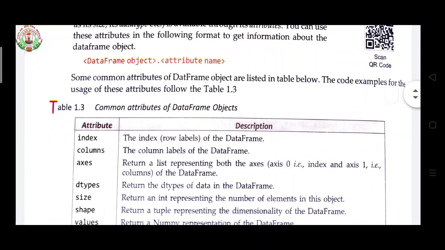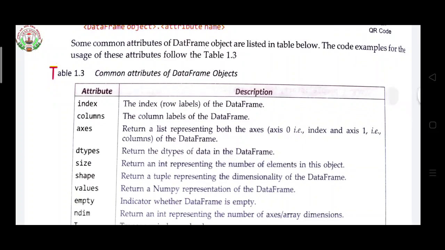Now here some attributes are given. Index is used for the row labels of the data frame, and columns for the column labels of the data frame. Axes returns a list representing both the axes: 0, index, and 1, the columns of the data frame. Dtypes returns the data types of data in the data frame. Size returns an int representing the number of elements in this object.